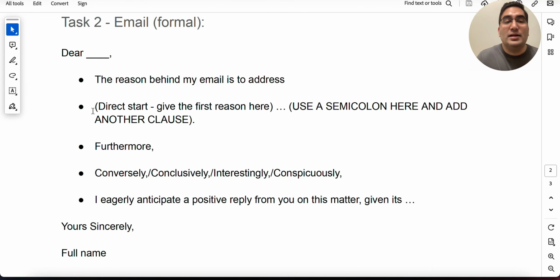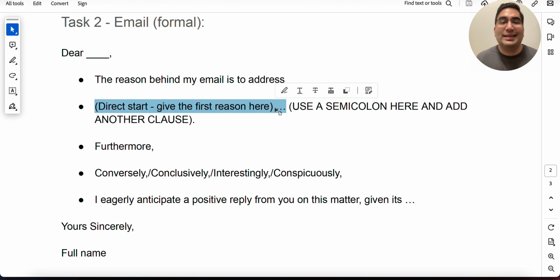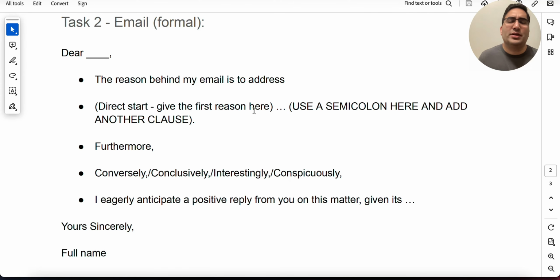All right, this is 100 words. You would have to, again, kind of work on summarizing your thoughts. So you do not need to start here with, to begin with, or firstly, or anything. Directly start, give the first reason here, okay? So let's say we're talking about the restaurant's dirty situation. So you could start by saying we entered the restaurant this day, and the first thing we noticed was the unsanitary condition,